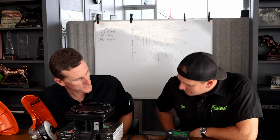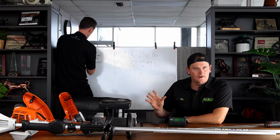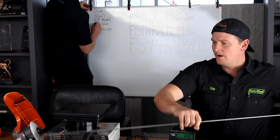Okay, that's with no bag, so let's update that. We weighed it earlier with the bag on, so now we're correcting it with the bag off. Yeah, give me the shaft. This is the 91 shaft,